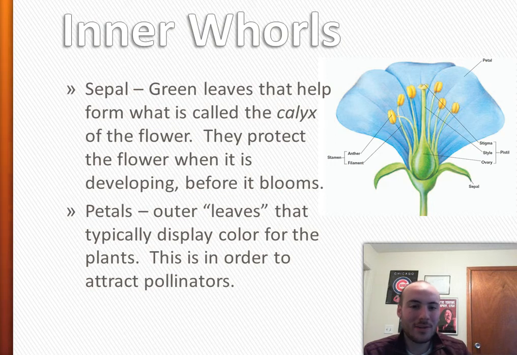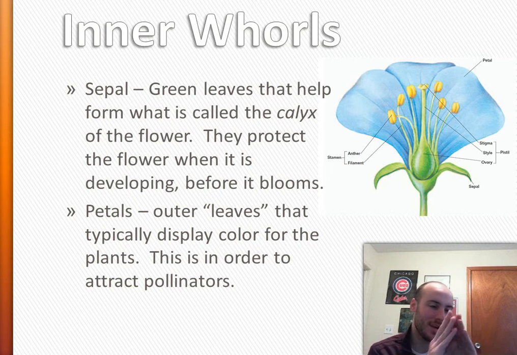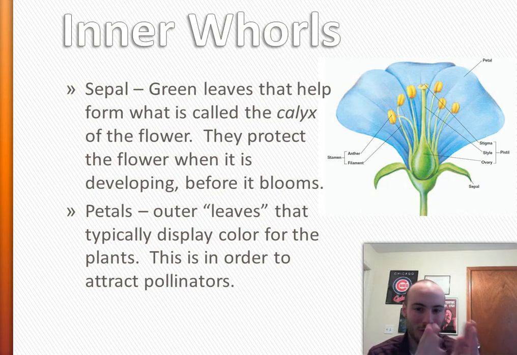Now, sepals are green leaves that are sort of around the bottom of the flower, and they're somewhat protective. And they form something that is called the calyx of the flower before it blooms. You'll notice that before a flower blooms, there's kind of like this green thing that completely surrounds the flower. It's like this oval-looking thing that's on the end of the stem. This is before you really start to see the petals come out. That structure is called the calyx, and the sepal is there to help form that protective layer around the flower